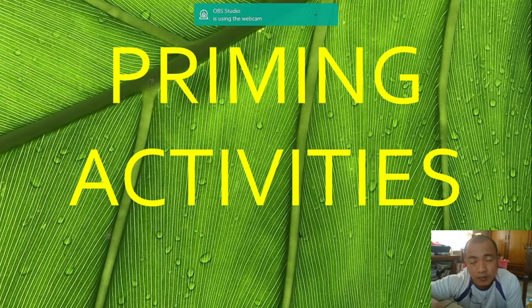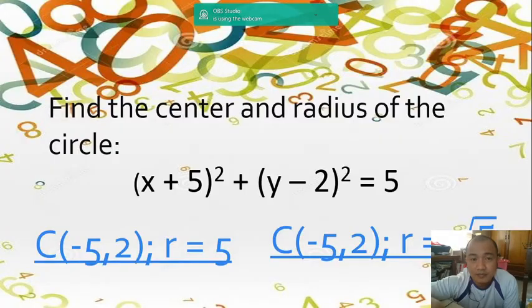Before we proceed to the new topic, circles satisfying three conditions, let us first have a review of our past lesson on standard form and general form. So let us have our priming activities. Number one: find the center and radius of the circle